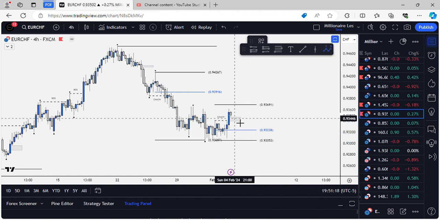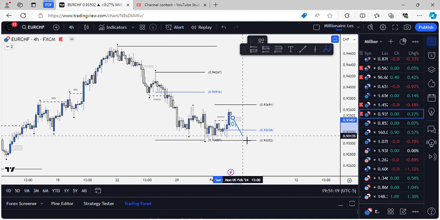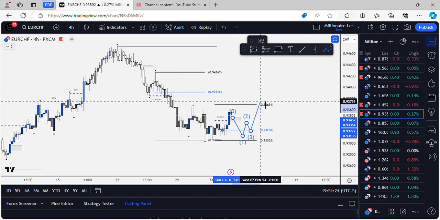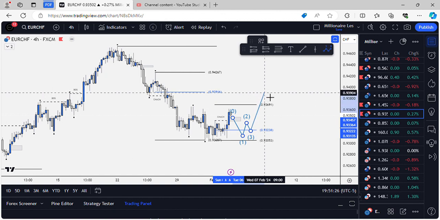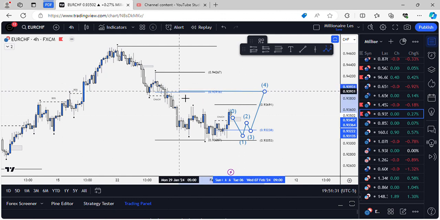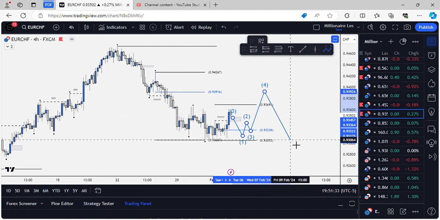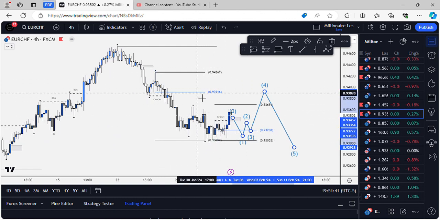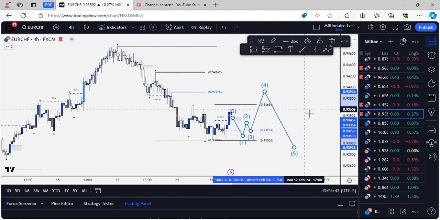I'll put this right here. Price comes down into my area, does this type of move, goes up, and then hits my take profit for buys, gets into my ideal entry for sells, and then sells off. Just some type of scenario. So, potential short-term buys into long-term sells for EUR-CHF. All right, so that is my watch list for this week.